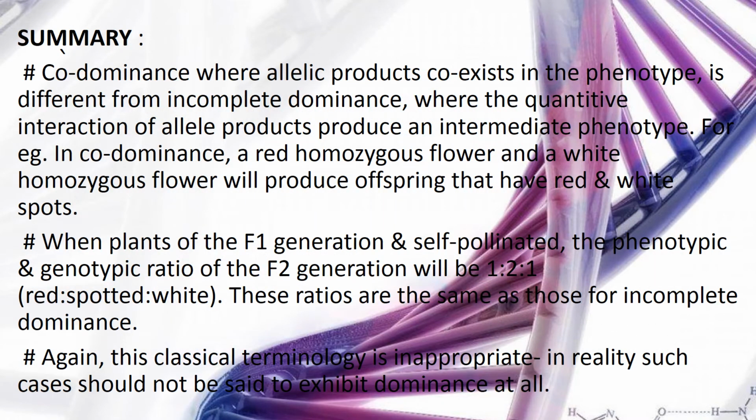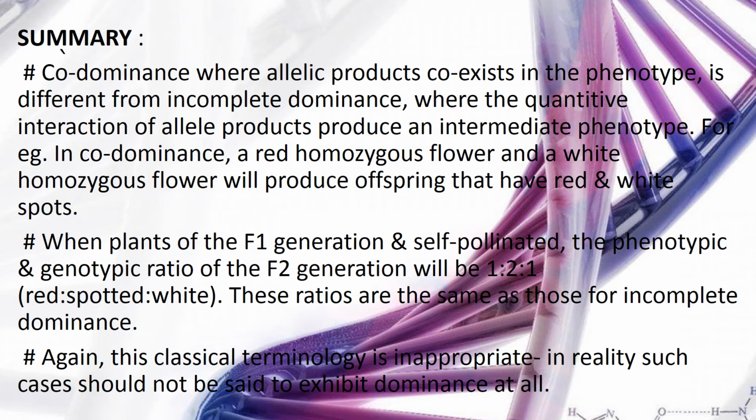Now come to the summary. 1. Codominance, where allelic products coexist in the phenotype, is different from incomplete dominance, where the quantitative interaction of allele products produces an intermediate phenotype. For example, in codominance, a red homozygous flower and a white homozygous flower will produce offspring that have red and